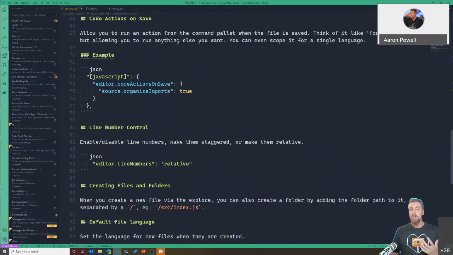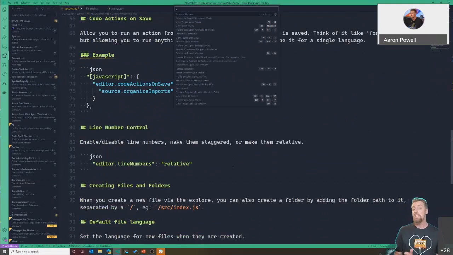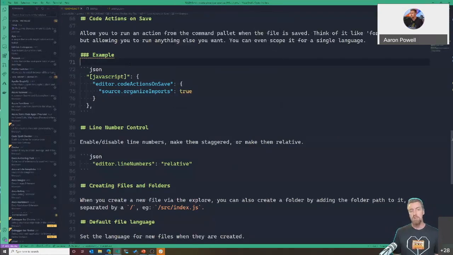Okay, the next thing is code actions on save. Now, you might be wondering what that means. Well, in VS Code, anything that's available from the action list, so there's Control-Shift-P, if it's related to modifying a code file, I can have it perform that action when I save. A useful thing for doing this might be that you want to format a document on save so that it complies with the linting rules or whatever you're targeting there. But there's other things that we might want to do just from a stylistic standpoint.